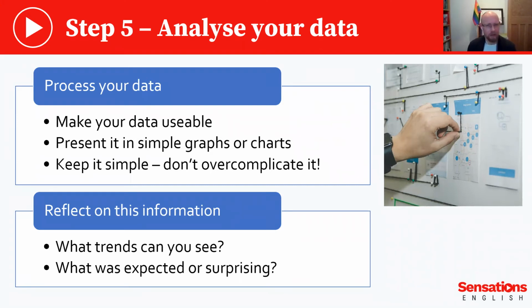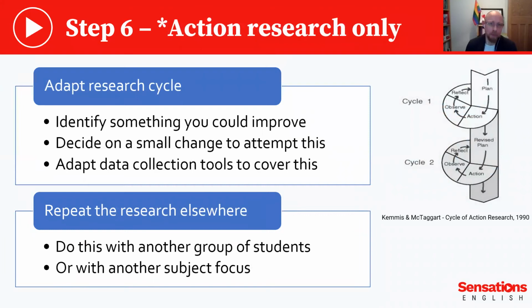We do have to dig down into the data somehow, and for me that's through numbers usually, even if it's qualitative stuff like learners' experiences, you then break it down into positives or negatives or whatever, so that you can see things as a whole. And then reflecting on this information, seeing things as a whole, what trends can you see and what was expected or surprising about that situation? And that is where you're really then moving towards your conclusions, except in action research, where at that point you would be